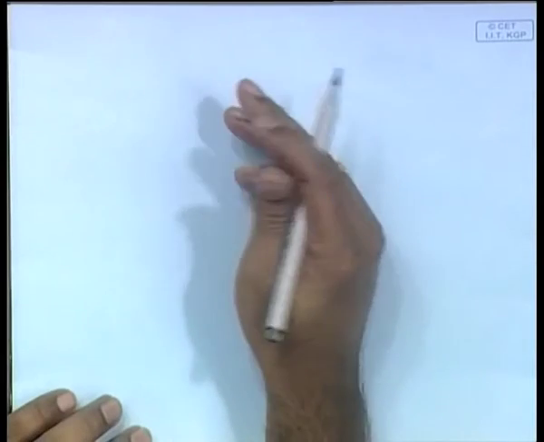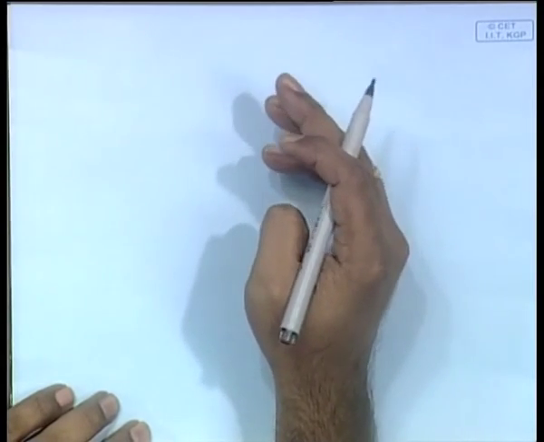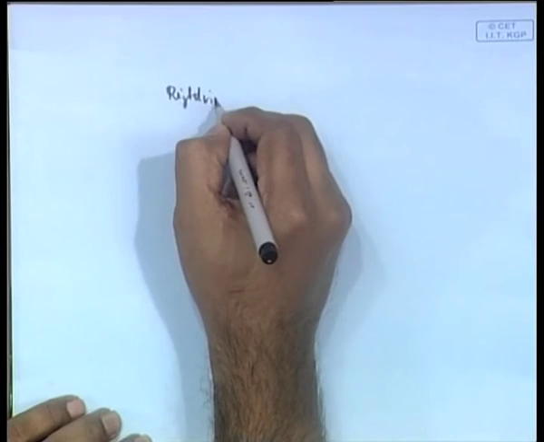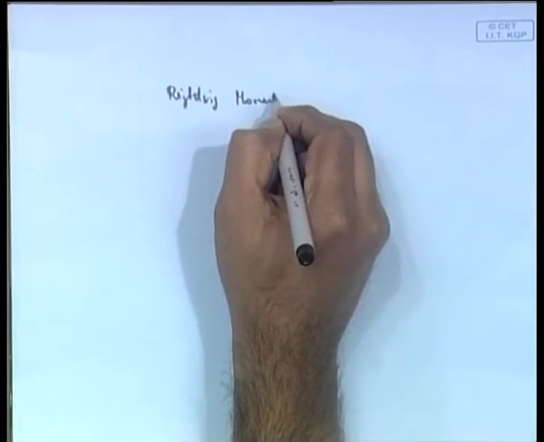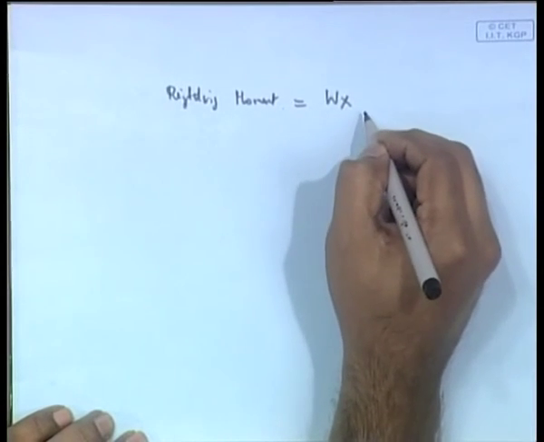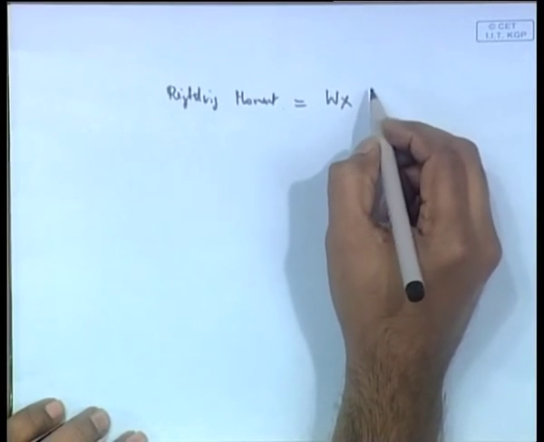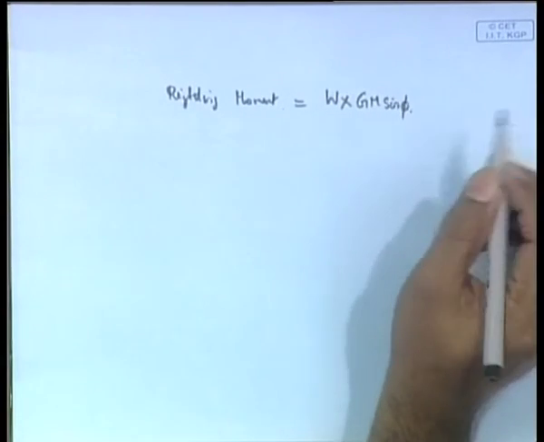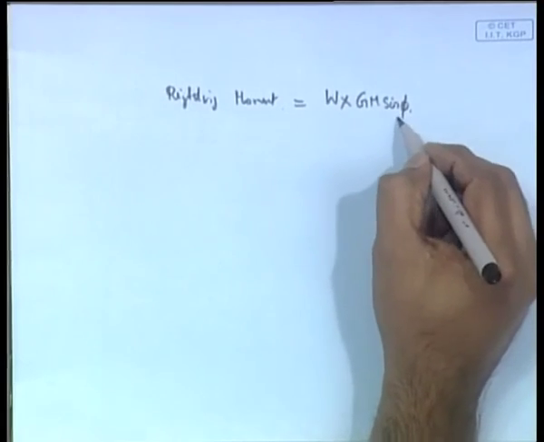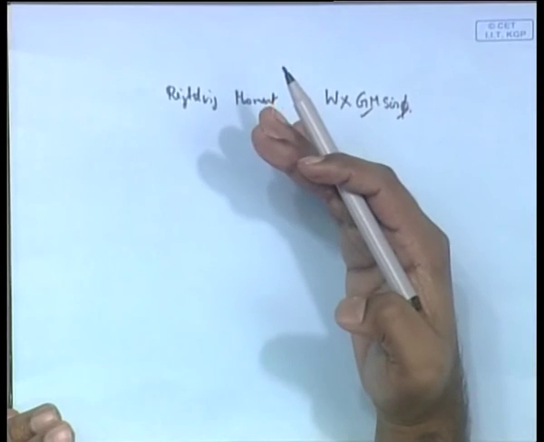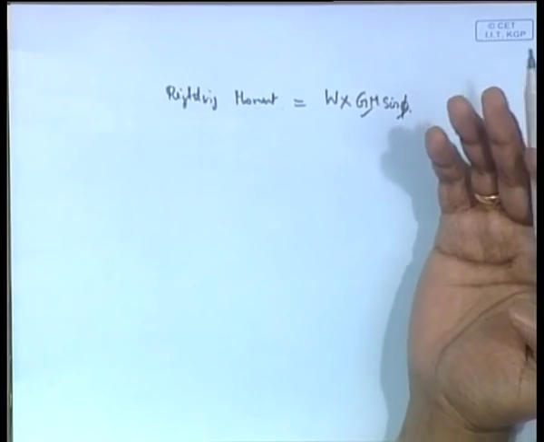So, you can calculate two righting moments. You can have a righting moment in the intact condition, or a righting moment in the bilged condition. The righting moment is just the weight of the ship into GM sin phi. You are asked for the righting moment at 1 degree heel. So phi is known, GM we have just calculated. If you use the one for the intact condition, you get the intact righting moment, and with the other one you get the